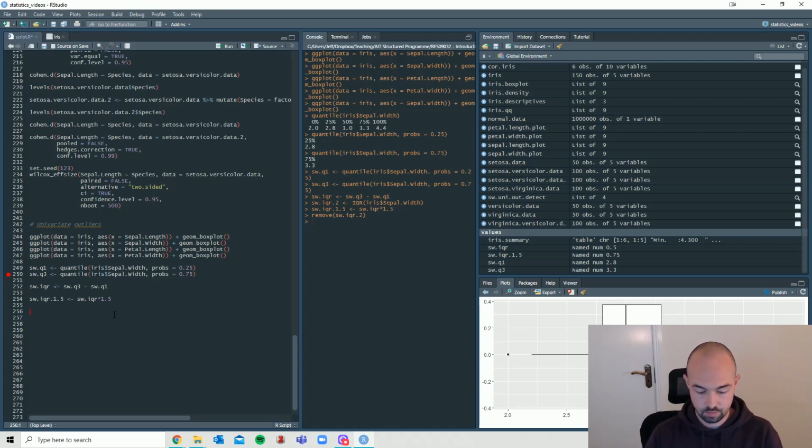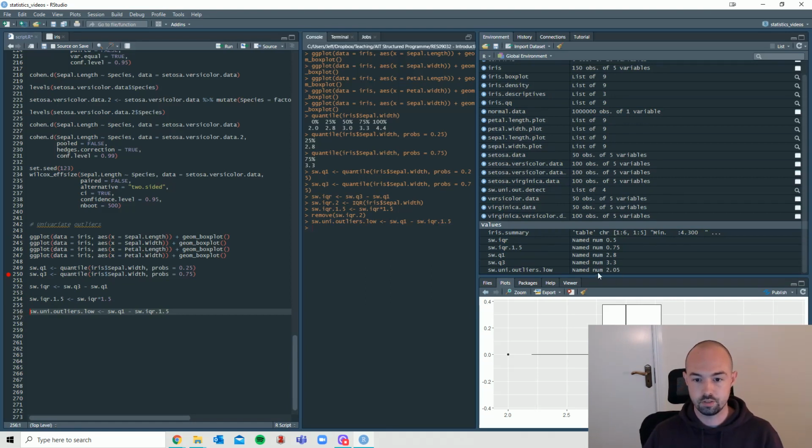So we'll say sepal width uni outliers lower is going to be Q1, sepal width dot Q1, minus our 1.5 times the interquartile range, which is this. You can see here it's 2.05. 2.05 is somewhere here, and that's our boundary for our lower limit of